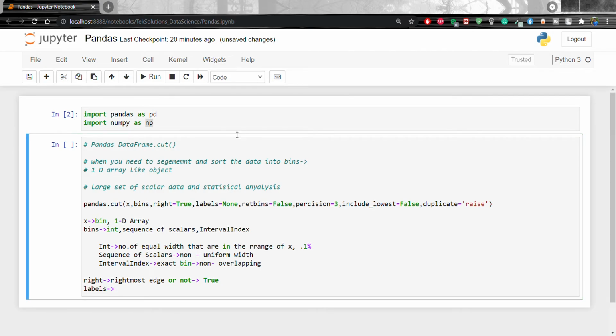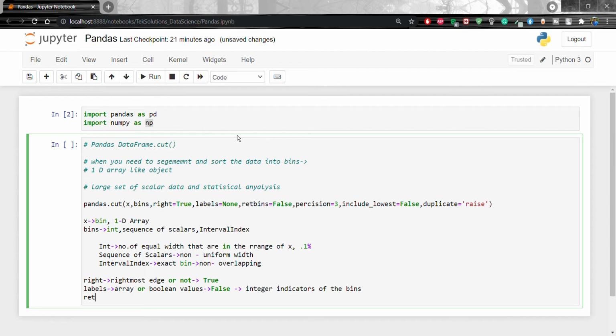By default, that is none. It is an optional parameter that refers to an array or Boolean values. If we set the value to false, it returns only the integer indicators of the bins.